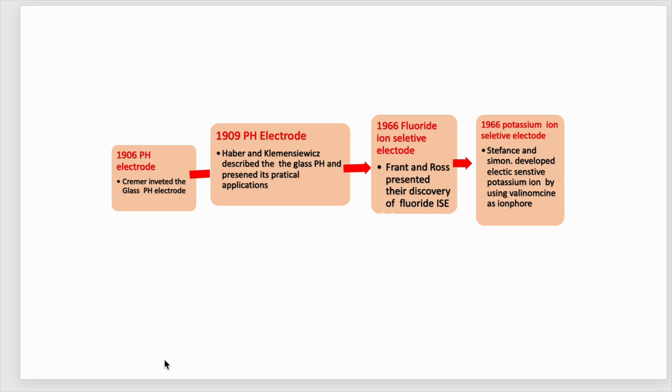Extremely important for potentiometry was the year 1966, when Frant and Ross announced their pioneering discovery of the fluoride ion selective electrode. However, that was